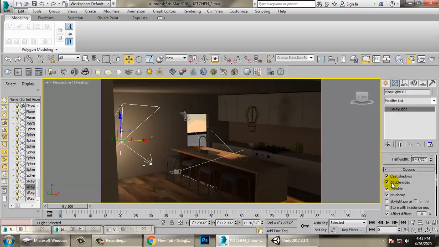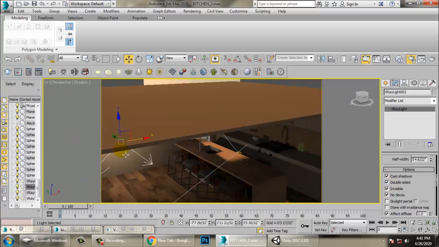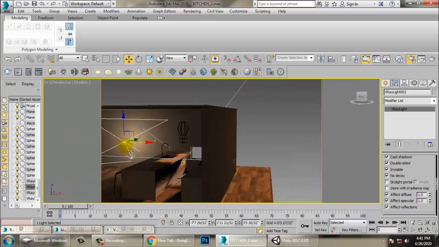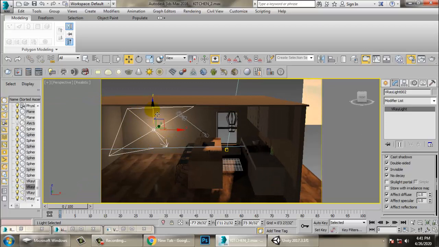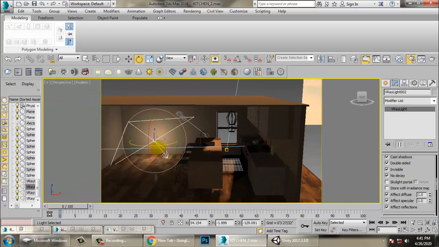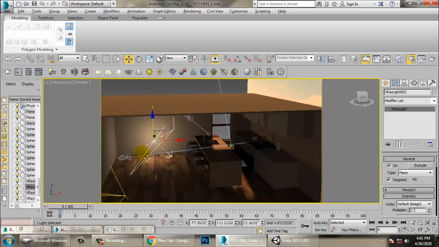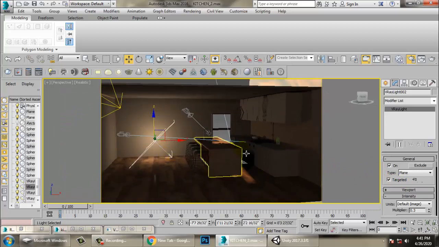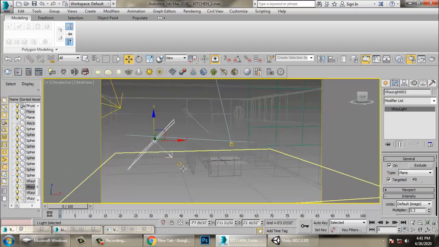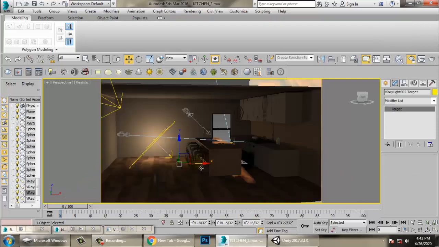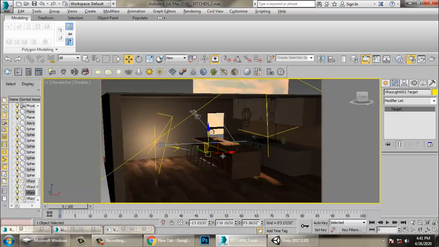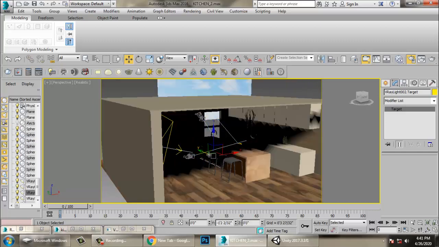So I'll go into these options over here, and very important is we need to go into its target, activate the target of this light. So select this light target and let's assign this target over here.